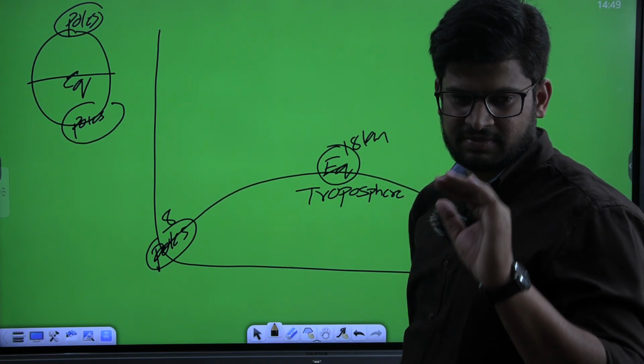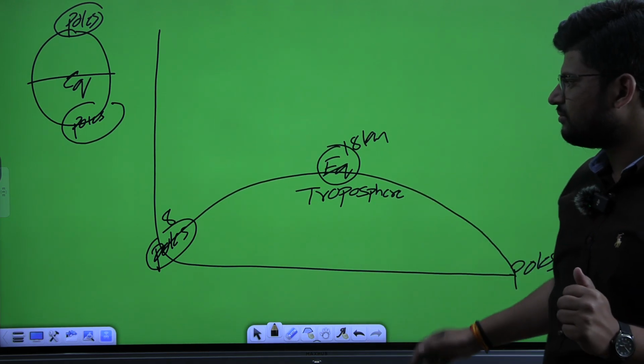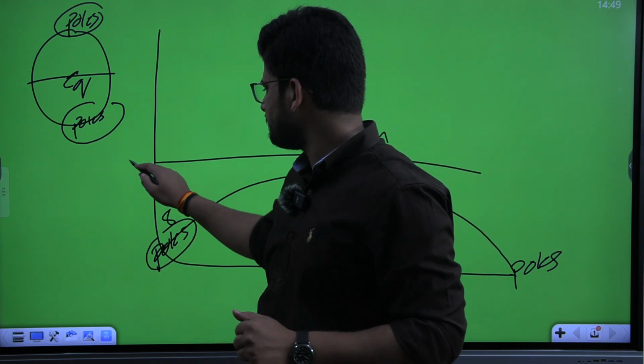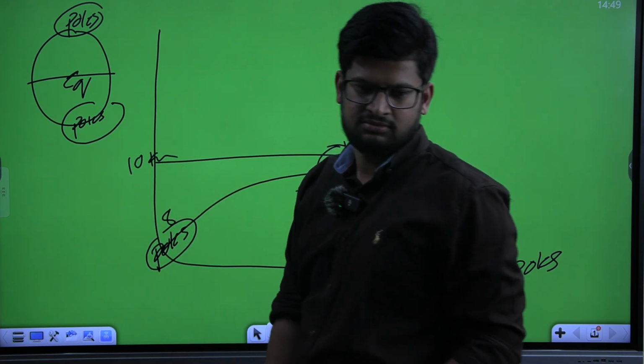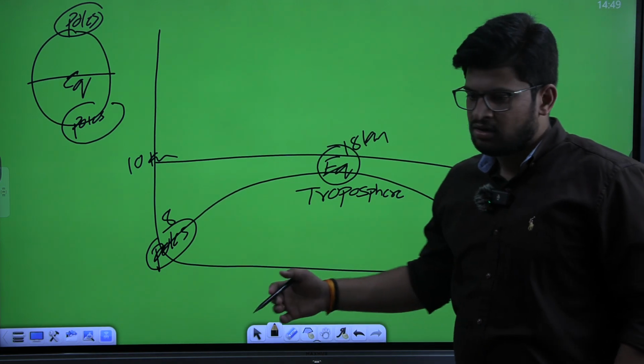Okay, thickness of troposphere ekkada ekku untadi? Equator. Ekkada takku untadi? Poles. So average ga manam enta teesukuntam? Distance of troposphere 10 kilometers. 10 kilometers. Okay, and all the weather